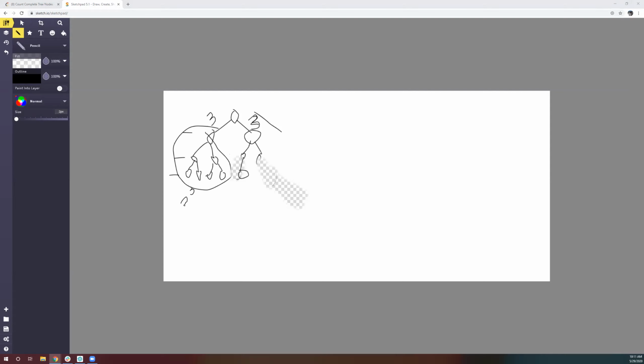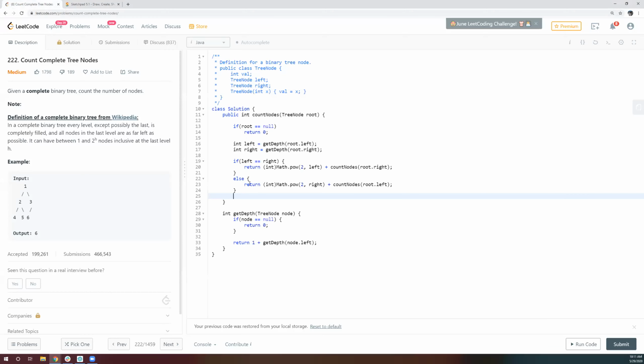Yes, I guess the good part about this is we use recursion to find the depth of each subtree. But while we are counting the number of nodes, we have to apply recursion on only one part, and on the other part, we can apply the formula. See, the thing is, even while doing the depth, we are not doing order of n. We are doing log n because we are only going down one side. Yeah, that's true.